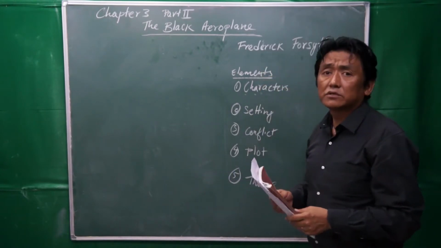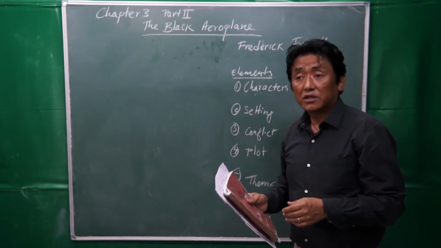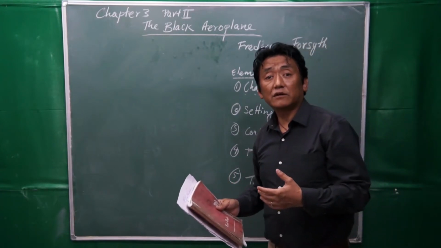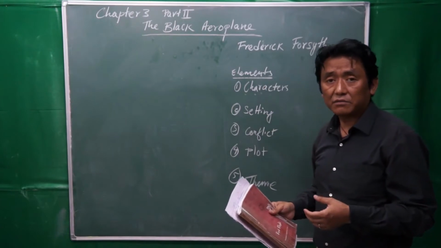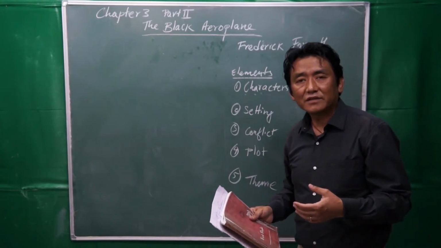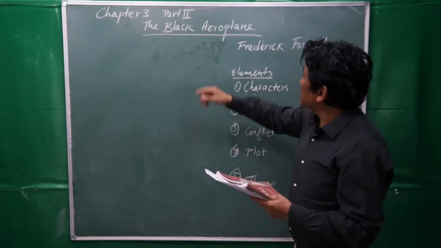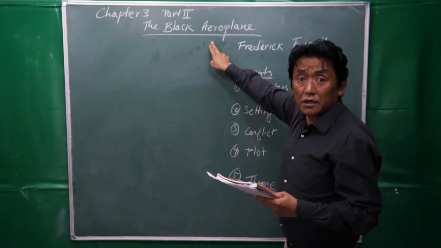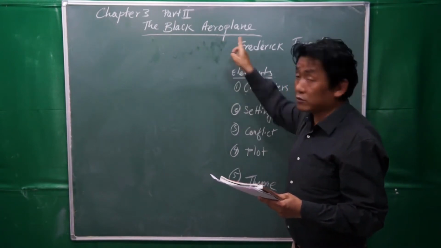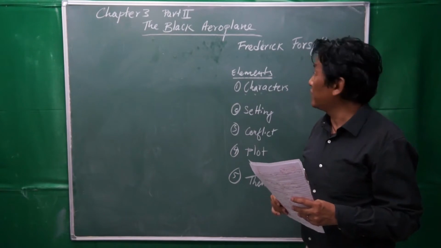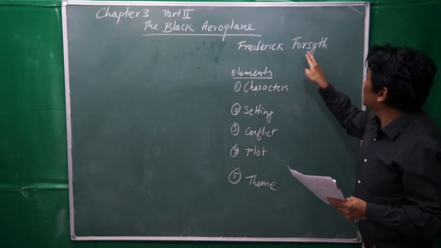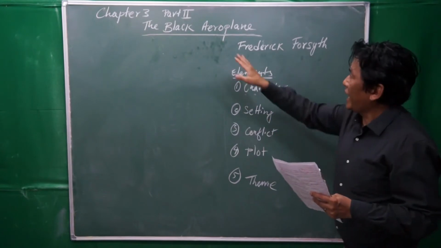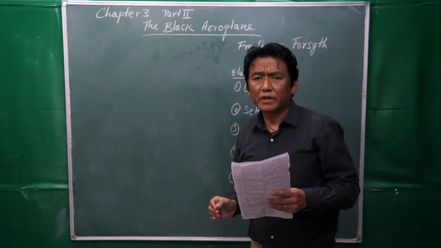It was about a young seagull not being able to fly because of lack of courage and self-confidence, and how his mother helped him to fly at last, right? Now, this one is part number 2, and it is called The Black Aeroplane, and it's also about flying. It was written by Frederick Forsyth. Okay, and this is about mystery.